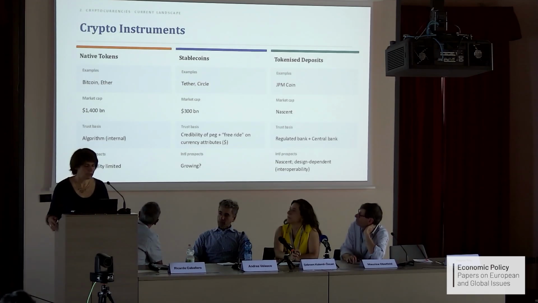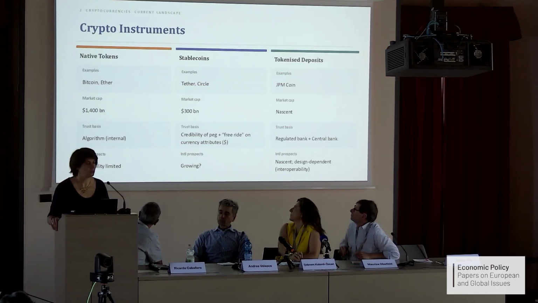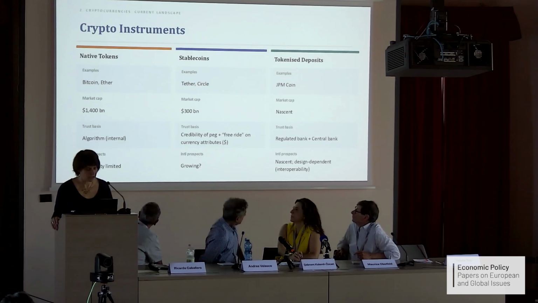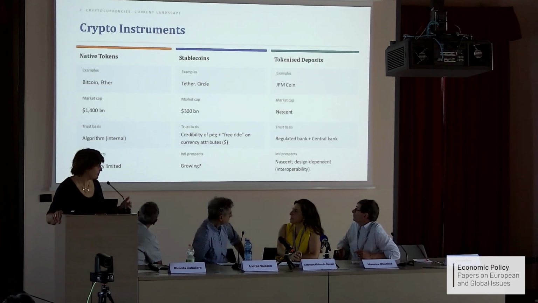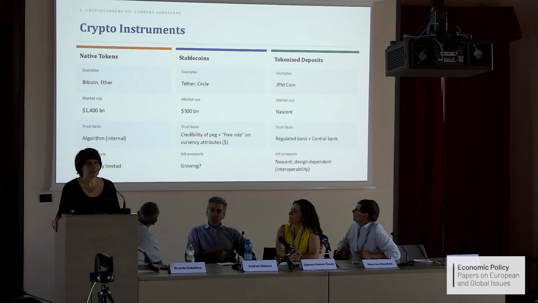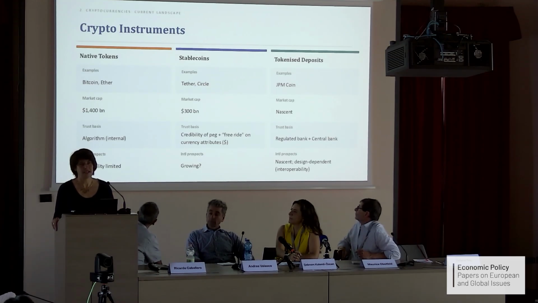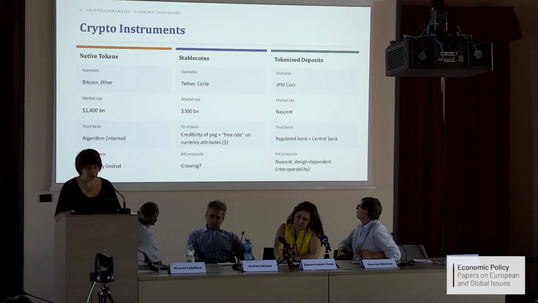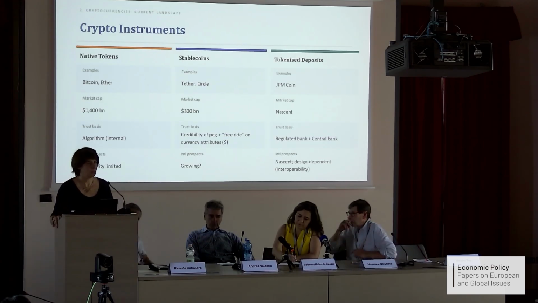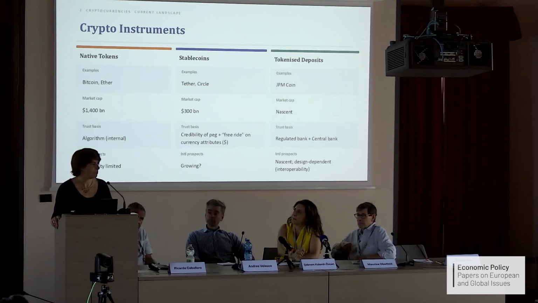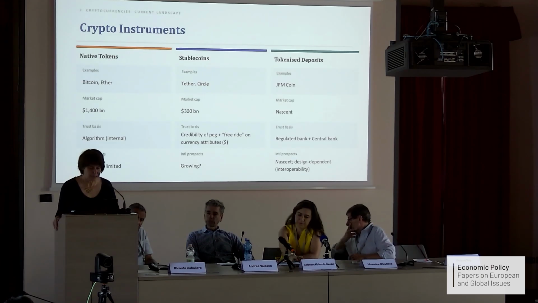So we have a bunch of things which are like the native tokens. I'm not going to be talking about those, Bitcoin, Ether, etc., because they are indeed tools which have been associated with libertarians very much. However, nobody, I think, thinks that they can really scale up and become really very important in the international monetary system. It's just too costly. A fully decentralized system is very costly. In the case of Bitcoin, which is still the biggest market cap in those categories, just simply too costly, both from an energy point of view, but also real cost, but also simply a transaction cost point of view. So these things I'm going to dismiss.